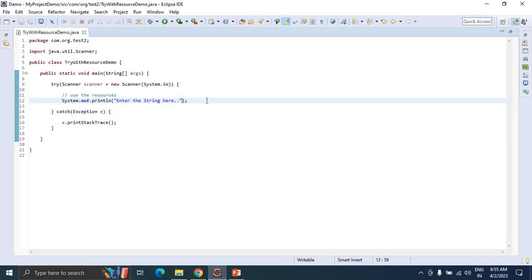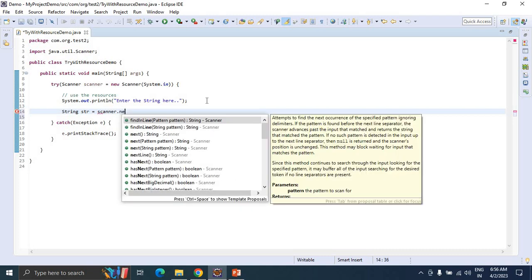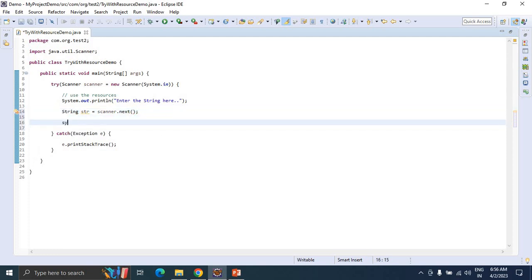Now what we are doing is, we will store that string, right? Here we will store that string: str equal to scanner.nextLine(). We need to use the next method. And finally we are going to store this value and print: welcome, and put this string here. Let's try to run this program.